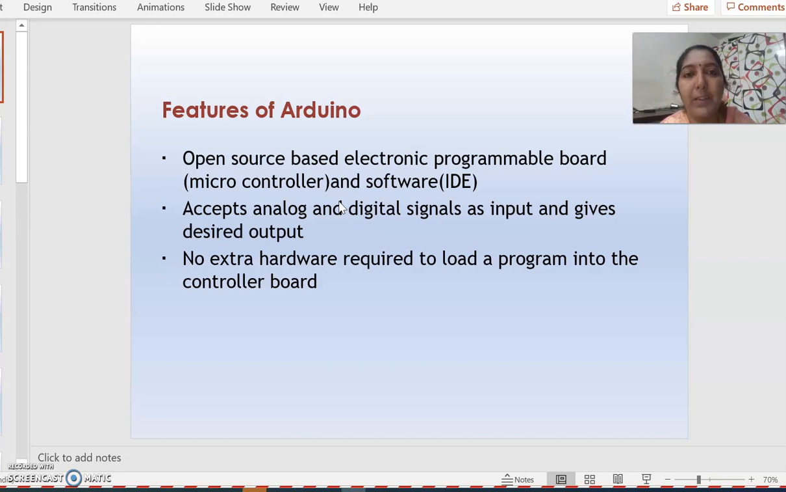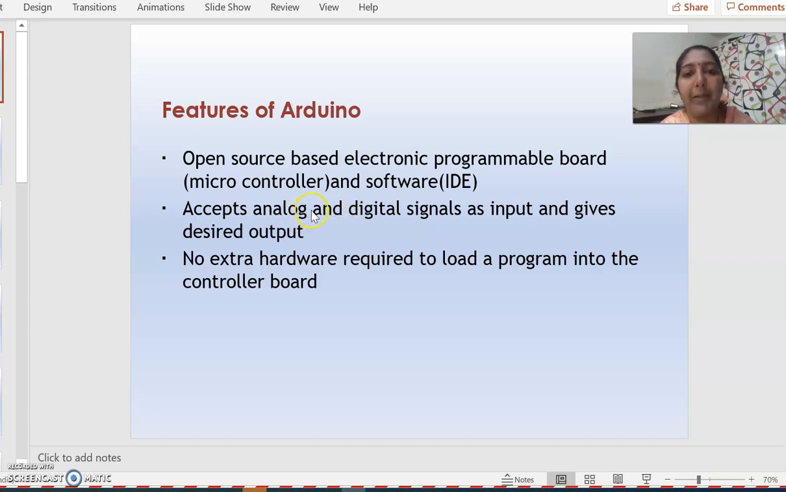So, the meaning of open source is these boards are easily available in the market, and the Arduino IDE is open source software which can be downloaded directly from the net. So there is no need to pay anything to install this particular software. And one more feature is we can easily extend it either on the hardware side or on the software side. That means whatever functions or libraries we require can be easily added to this